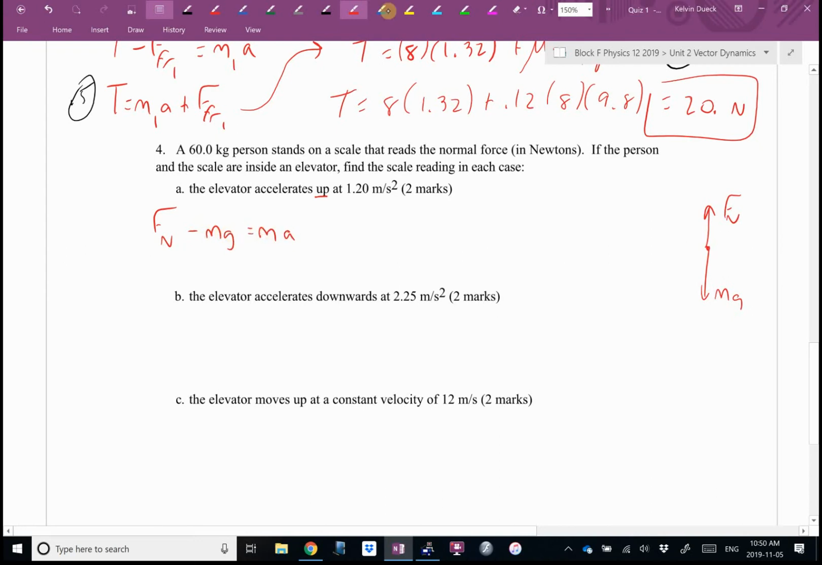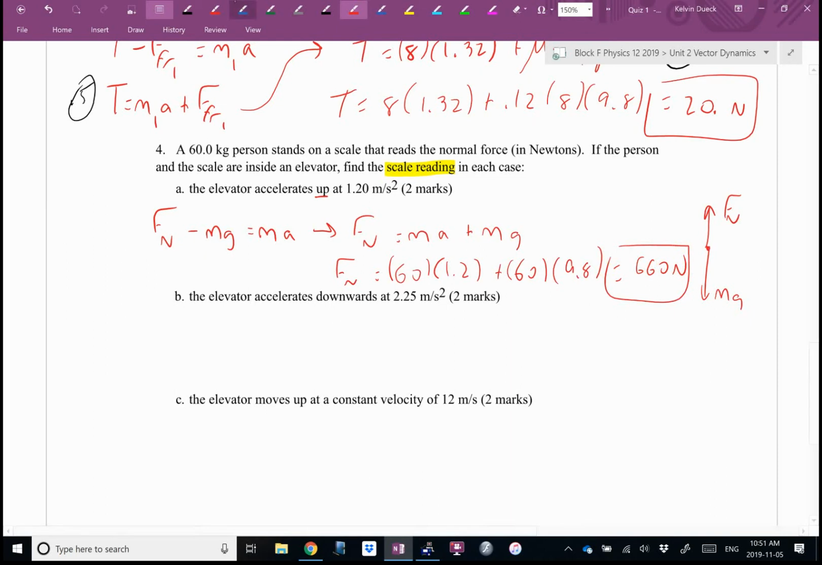What's this question wanting me to find? Well, it's asking me to find the scale reading, but what does a scale read? Normal force. So I'm going to get the normal force by itself. Normal force equals ma plus mg. It's going to be m 60, a 1.2, plus 60 times 9.8. This one I can do in my head. 660